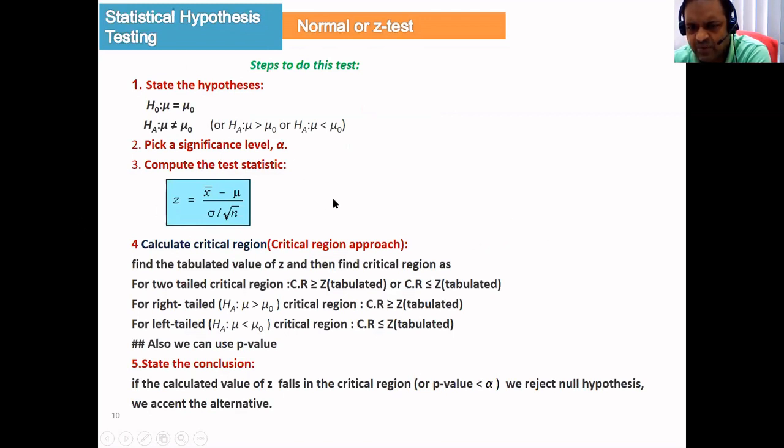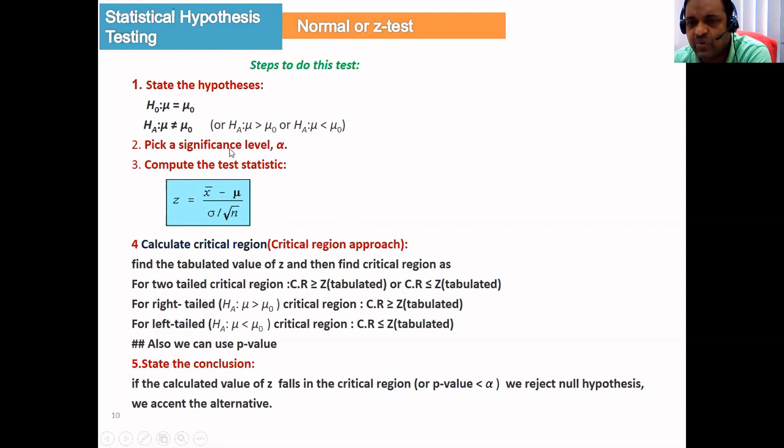Before going to the example, I told you that there are 5 steps for a hypothesis test. First of all, you have to state the hypotheses, the null hypothesis and the alternate hypothesis. For the one sample Z test, the null hypothesis H0 is mu equal to mu 0. That is, mu takes some value, we agree, and for the alternative hypothesis we do not agree. For a two tail test, it is not equal. If you say a one tail test, it may be greater than, or it may be less than. Okay, and then we can find the test.